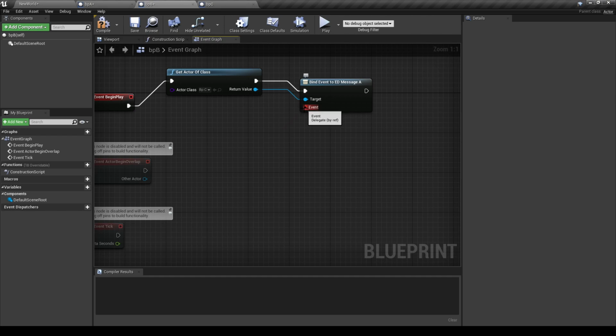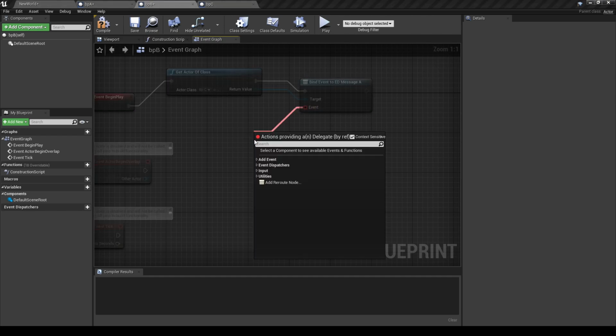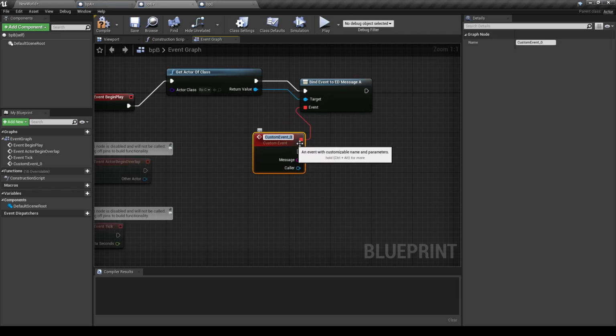So for that we need to define the event that will be called. The name here doesn't matter. It just says that this execution flow will begin as soon as we call the Event Dispatcher, in this case Event Dispatcher message A. So I will call this one Someone Is Talking.